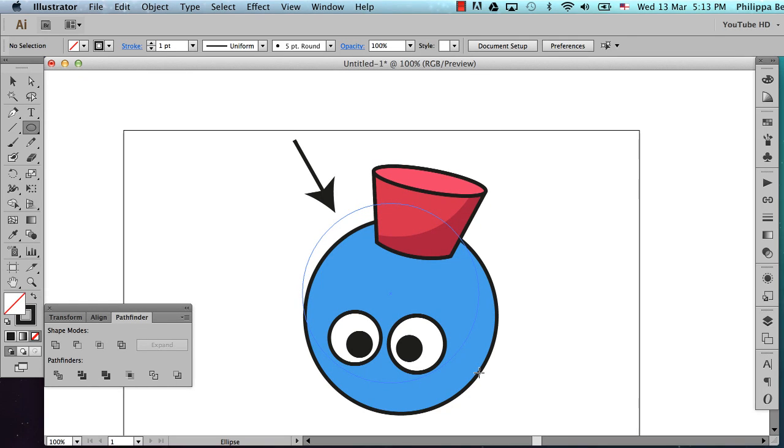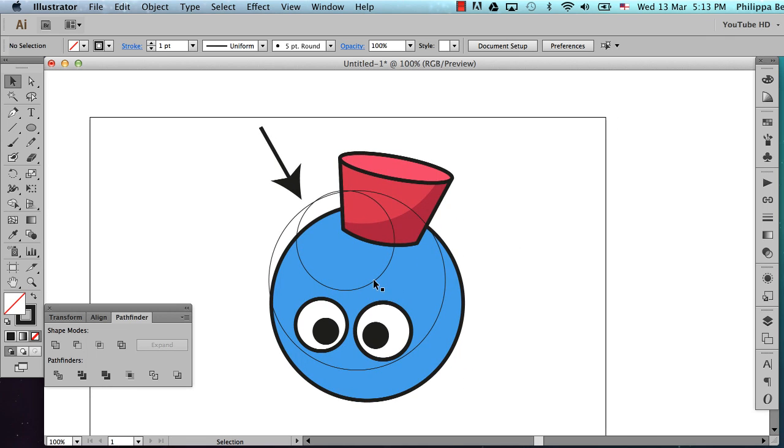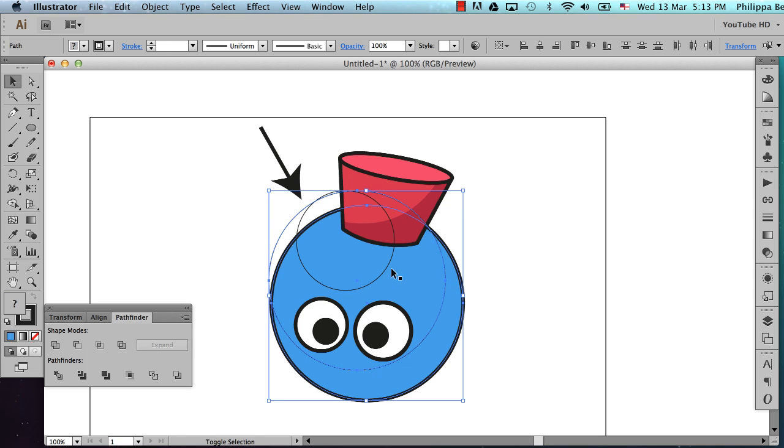Just going to decide where the dark should go. Good. And I might grab another one and put it up there. So now there's one line here and one line here that I want to cut along to give some shading to this little guy. I'm going to use the same technique, grab the back piece, grab the two outlines,